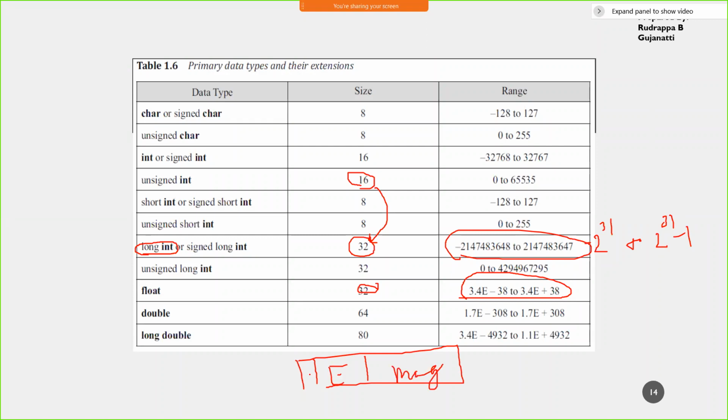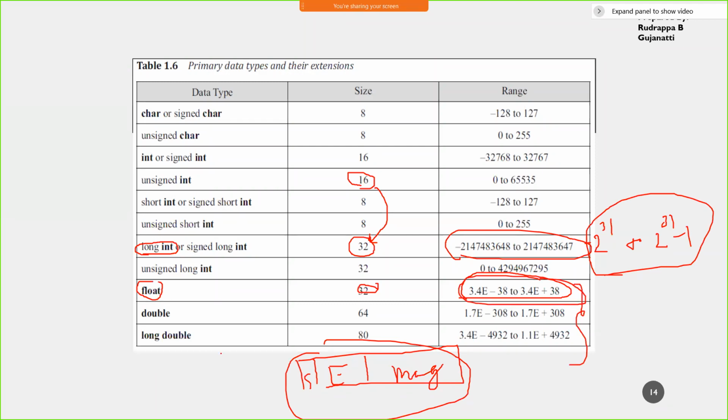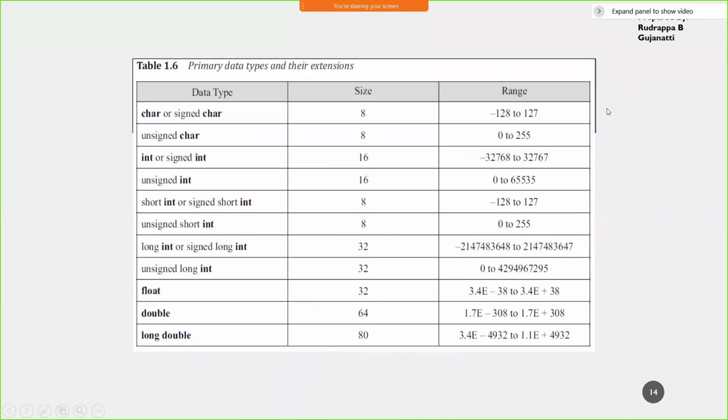It is not directly represented as we mentioned earlier; you have to use this to identify the range. So float is 32 bits, double is twice that of float, that is 64, and long double is 80 bits. So this is the overall set of extensions of the primary data types.